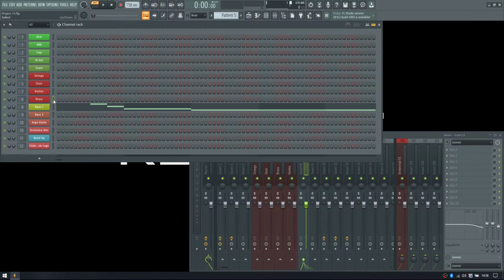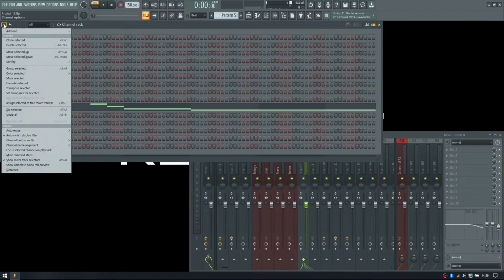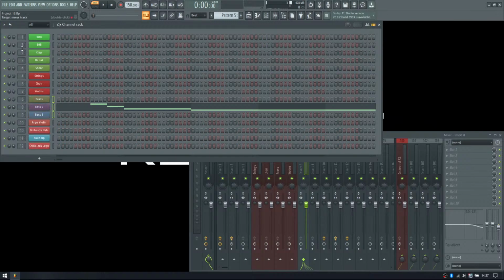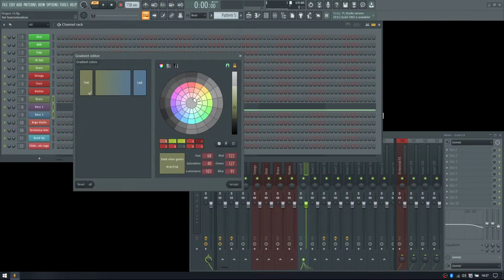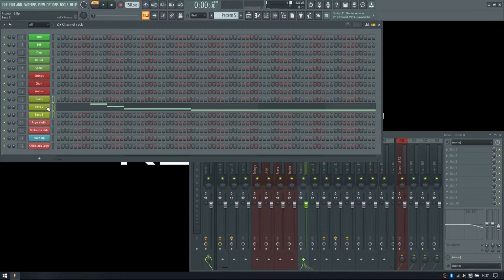Okay, and then this. So let's select these 3, and we come in here and color them. Not random, sorry. Color gradient. Yeah, gradient is fine. So yellow and yellow again. Okay, so they're all yellow. So brass is all going to be yellow. And so we've got